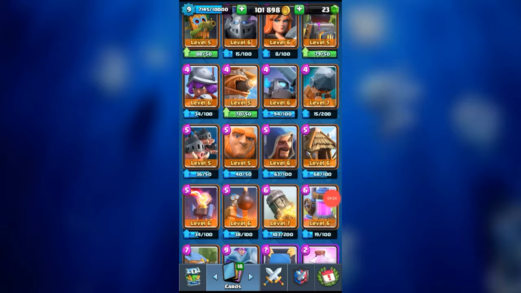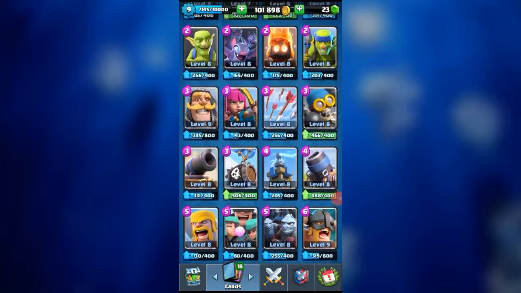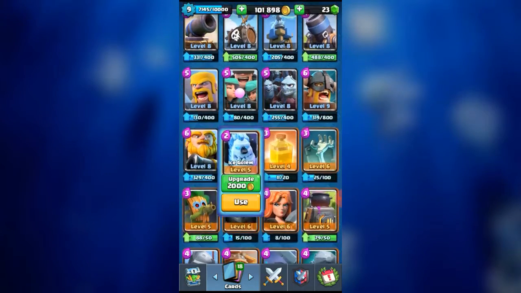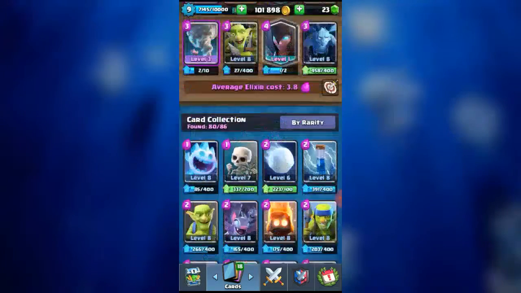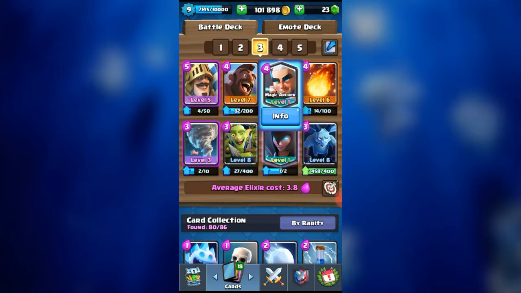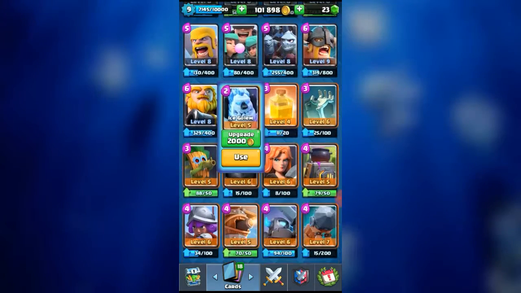And moving on to the mini tank. That could be an Ice Golem. You could be putting a Magic Archer and Night Witch, and you don't want your Night Witch to absorb all the damage, and you don't want your Magic Archer, which is your support card, to basically die. So what you would put is a mini tank, like a Knight, but mostly people would go for Ice Golem